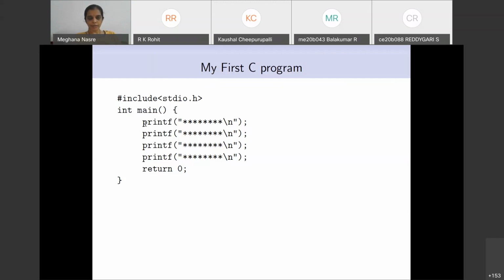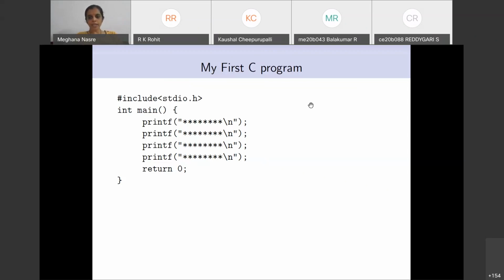So you see that this program has 5 different statements. The 4 are printf, the last is a return 0. Return is also a keyword that is specific to this. So the only thing that you can change in this program, if you want to print something else, is printing a different set of strings where I have put in the asterisk. Okay, so this is what I have described to you as the first C program.